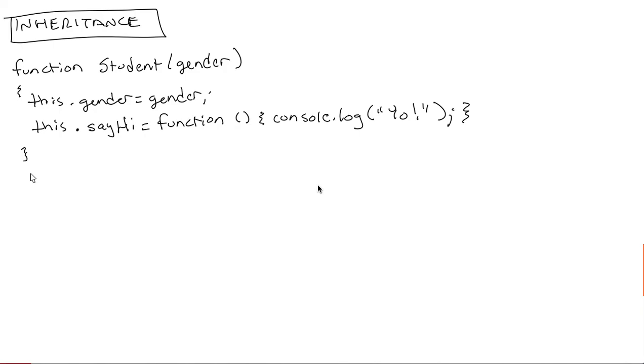modify the information that's stored about student. So how would I do that? Well, the act of doing this here, creating the function, creates a student prototype. So let me draw that. So we're going to have